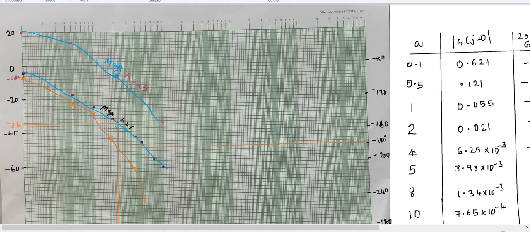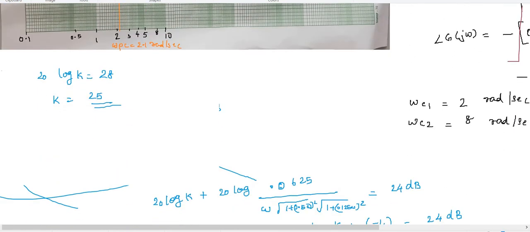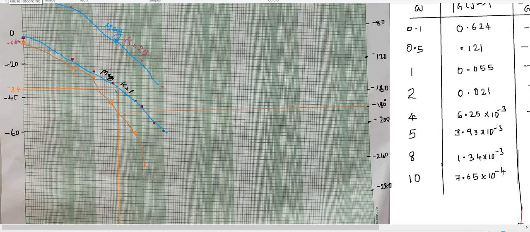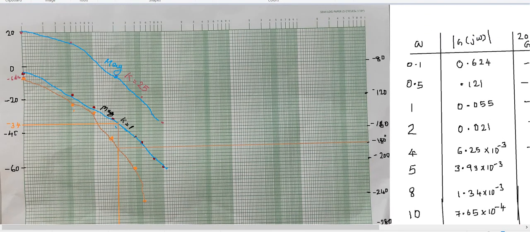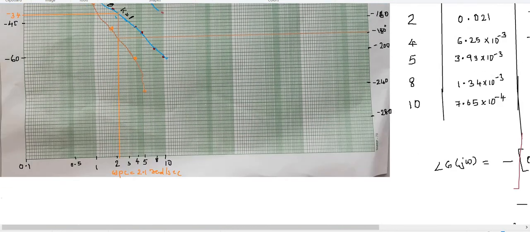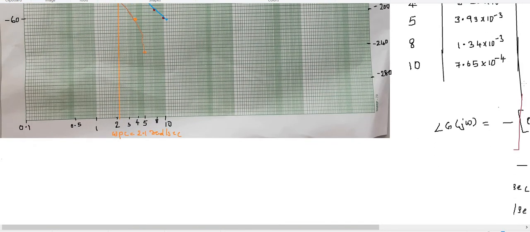Now the next step is we have to find out the phase angle plot. We have to find the value of gain k when phase margin is 45 degree. So what is phase margin? The equation for phase margin is actually